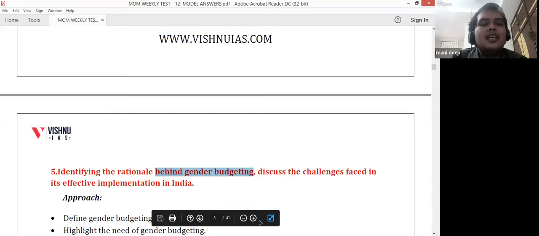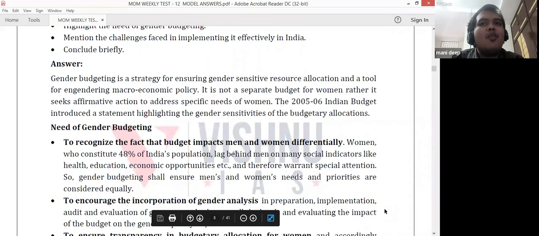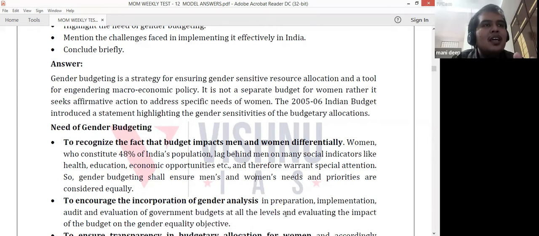And the third thing is regarding the patriarchal mindset, even in the Lok Sabha, that you can write at the end. So these are the things that are faced in implementation. So first you should write about what is gender budgeting. Then you should write about why we need gender budgeting, or what the advantages are, which you have said: to bring the female and male to the same equitable level. And then you can write about incorporation of gender analysis.